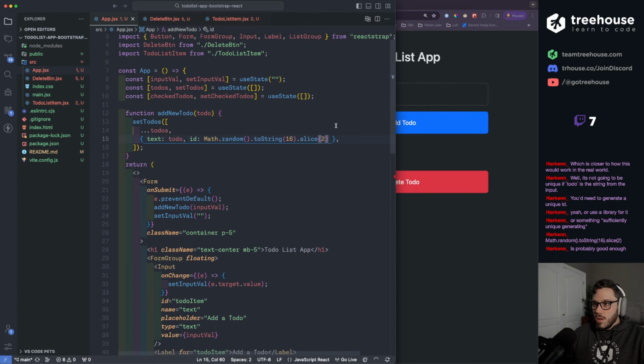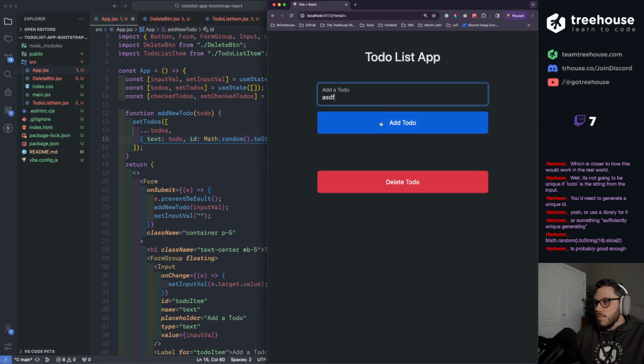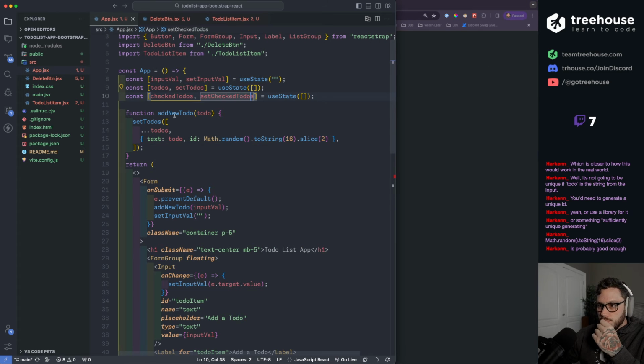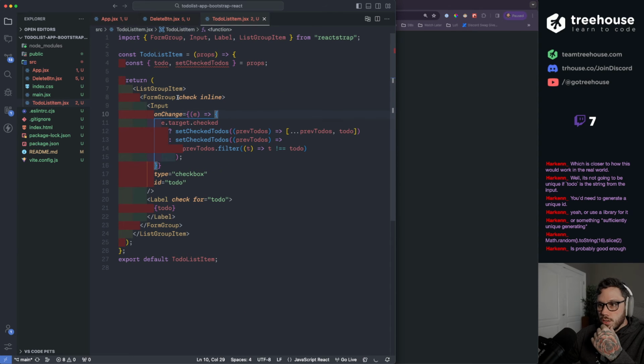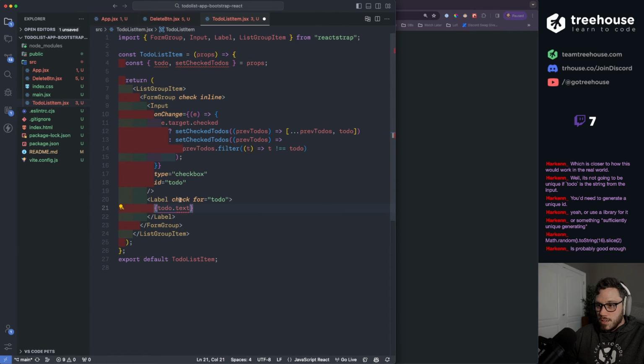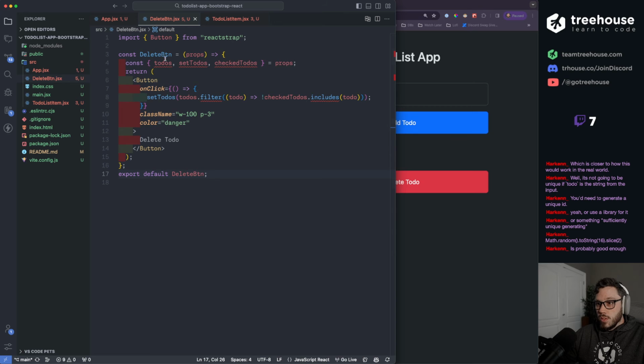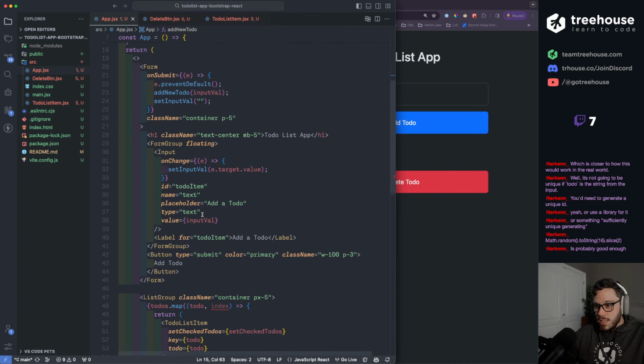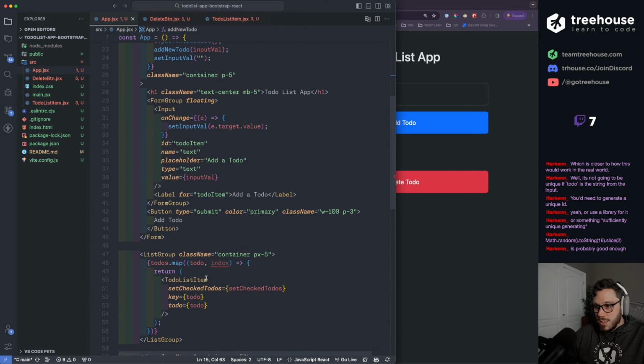Okay, so now I'm going to have to update some stuff because I think that'll actually break the app. Yeah, it breaks it. So our to-dos are now a little bit more complex. When we're rendering each to-do, well, we're passing the to-do, but we need to put to-do.text here. And when we're rendering it, we need to update that key to to-do.id.